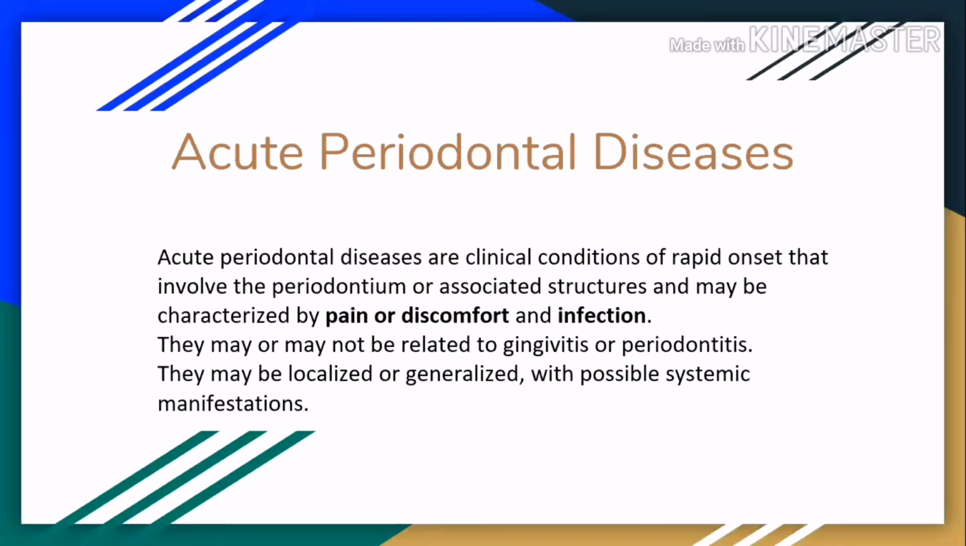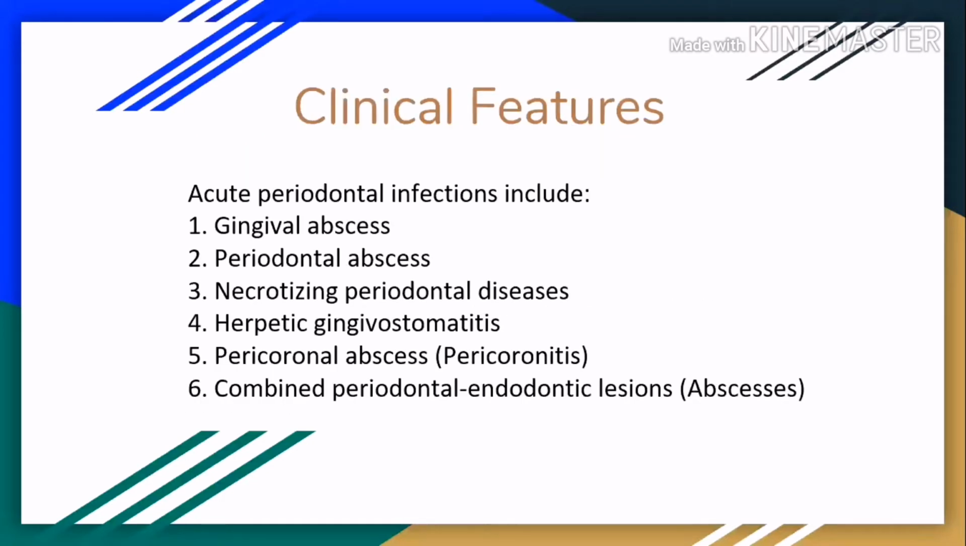Acute periodontal diseases are clinical conditions of rapid onset that involve periodontiums or associated structures and may be characterized by pain or discomfort and infections. They may or may not be related to gingivitis or periodontitis, and they may be localized or generalized with possible systemic manifestations. Here are some clinical features of acute periodontal infections, which include gingival abscess, periodontal abscess,